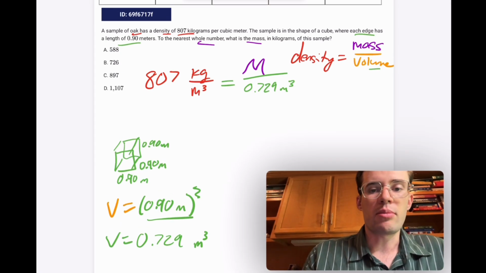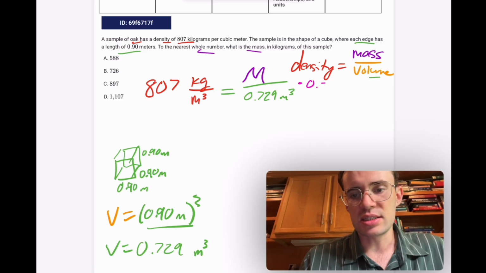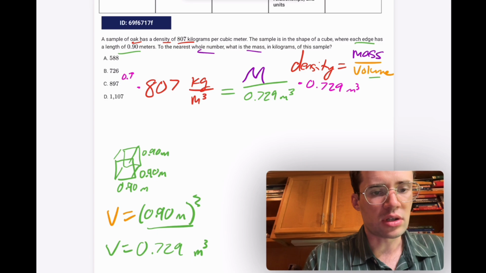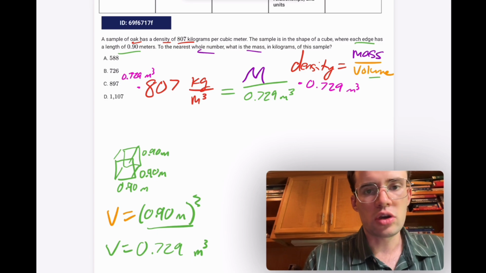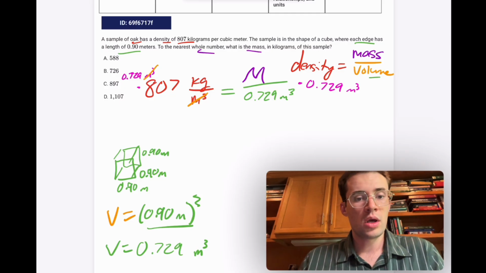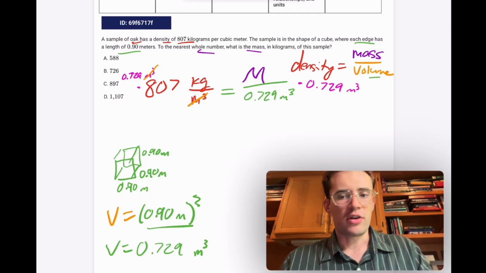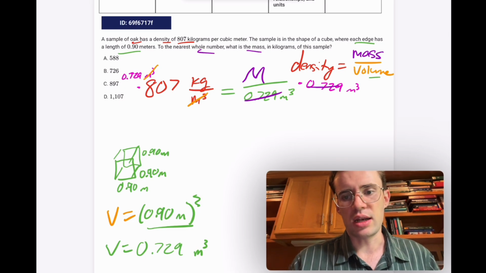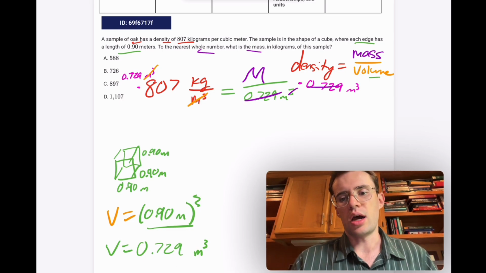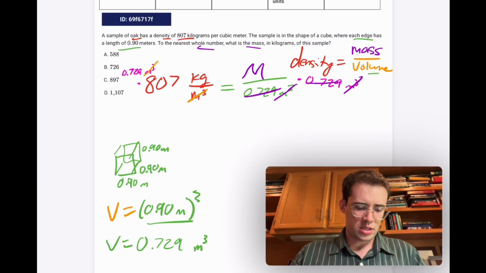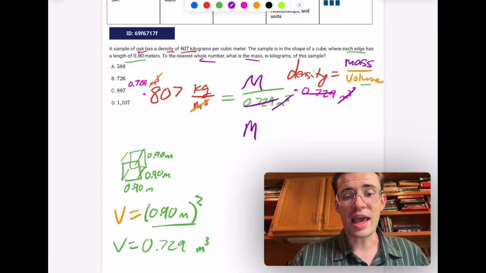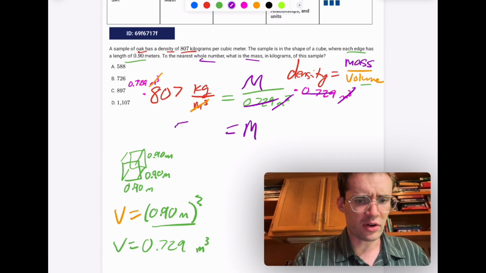And now we just want to get the M alone. So I'm going to multiply both sides by this 0.729 meters cubed. The meters cubed will cancel out over on the left side. Meters cubed divided by meters cubed just makes 1, so we're just left with kilograms. And now if I take my calculator, on the right side, 0.729 divided by 0.729 cancels, meters cubed divided by meters cubed cancels. So 0.729 times 807 gives us that M is equal to